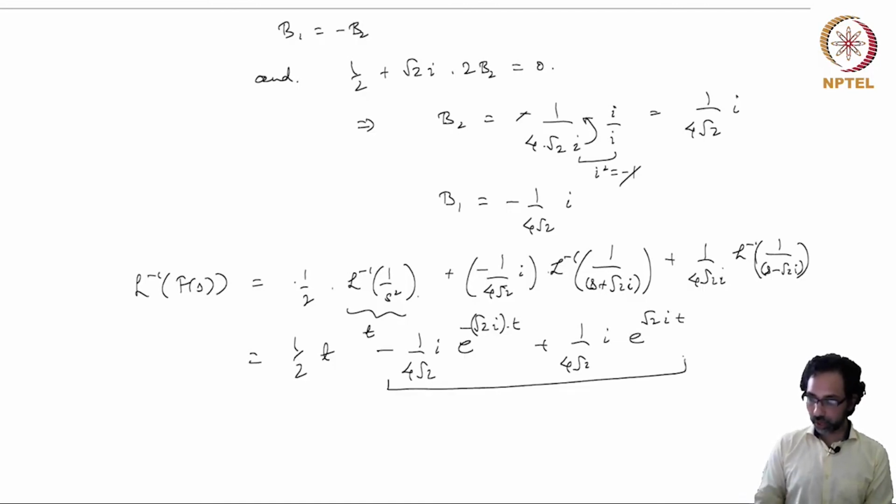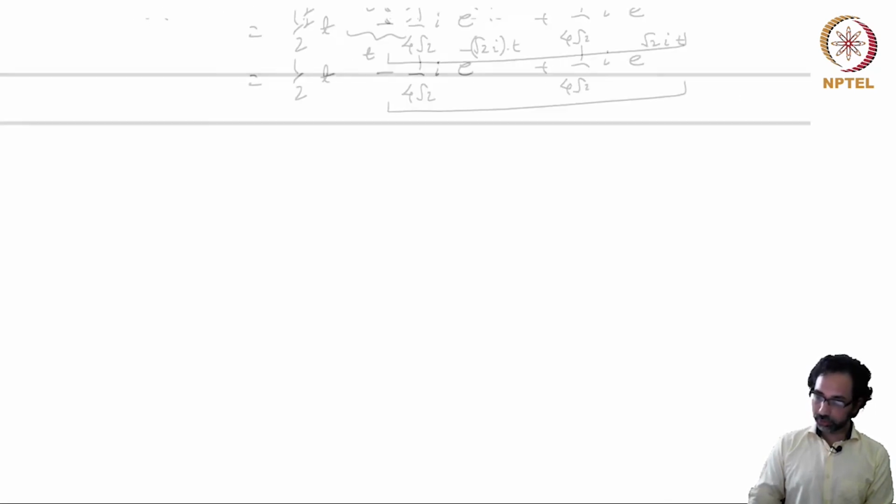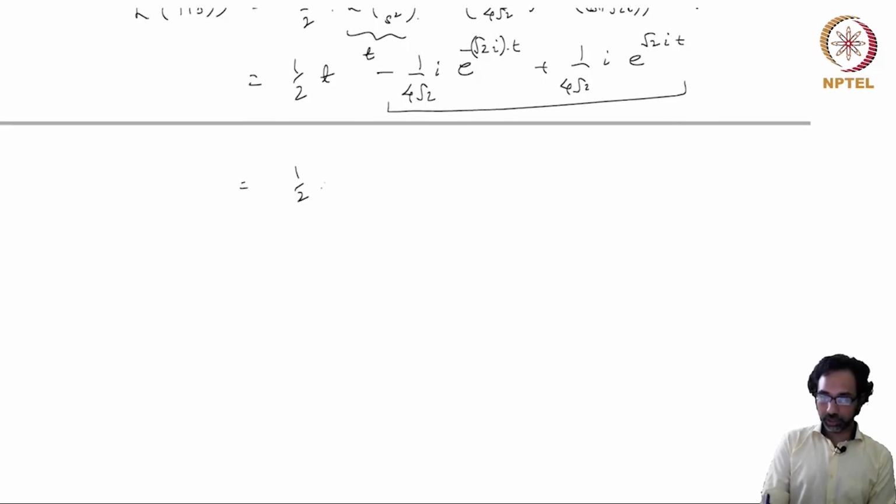But now these two are complex conjugates of each other, and you can combine them to get a real function here. So let's take 1 over 4 root 2 outside, then you get e to the power root 2i t minus e to the power minus root 2i t,